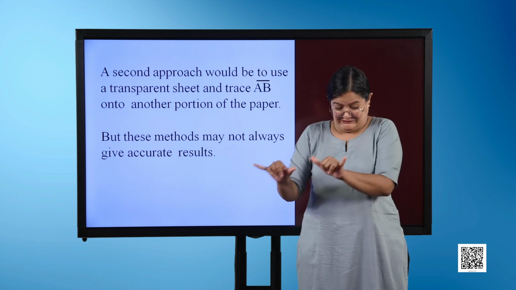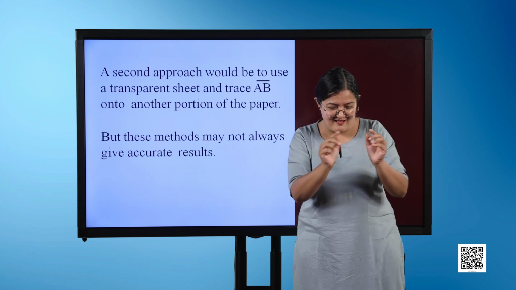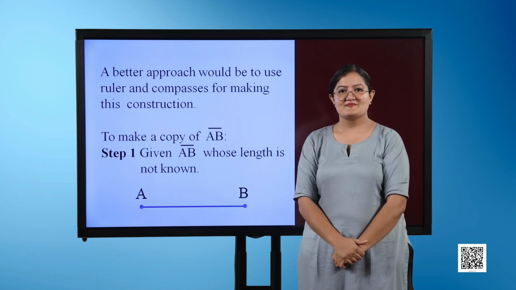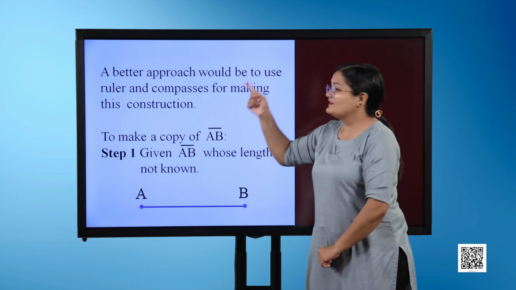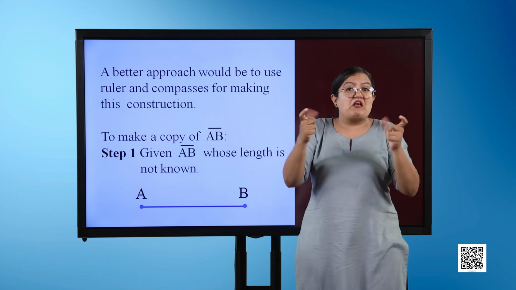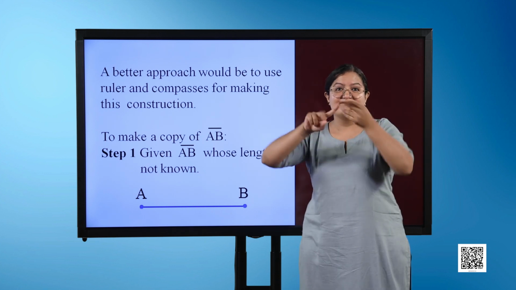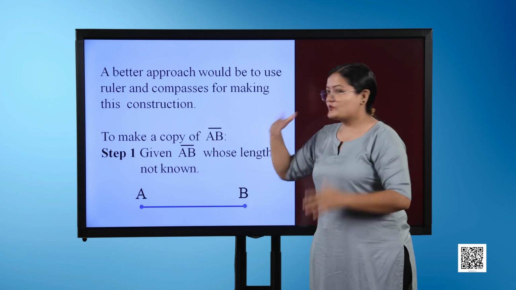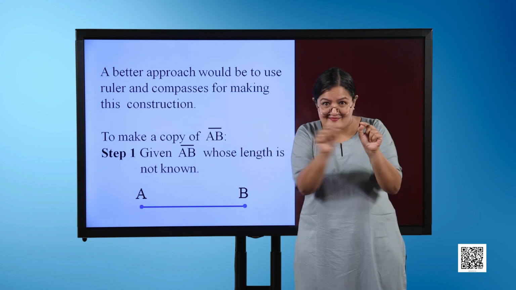But these methods may not always give accurate results. A better approach would be to use ruler and compasses for making this construction. To make a copy of line segment AB,